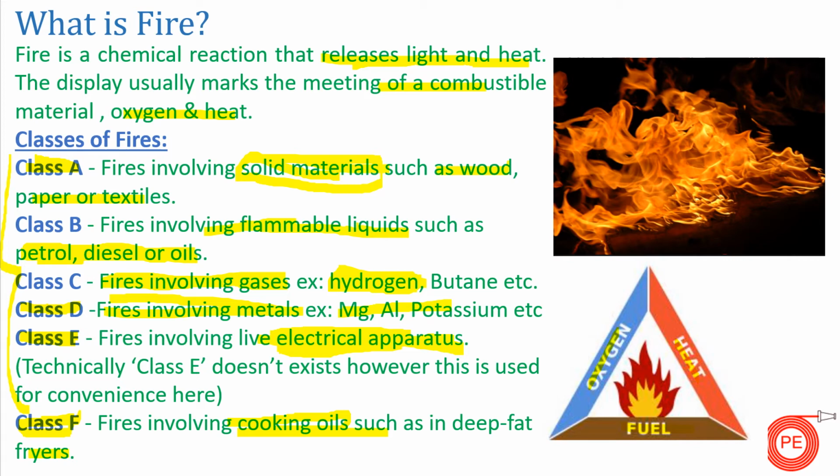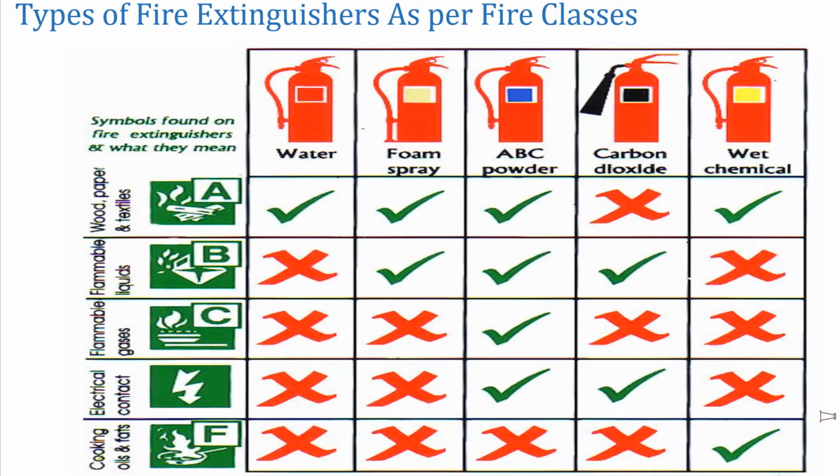So guys, moving ahead, if there are six categories of fire, similarly we have five categories of extinguisher. We can't use one extinguisher to extinguish a class A fire and the same extinguisher to extinguish class B or class C fire. So depending upon the fire, different types of fire extinguishers are there. Basically, you can see five fire extinguishers.